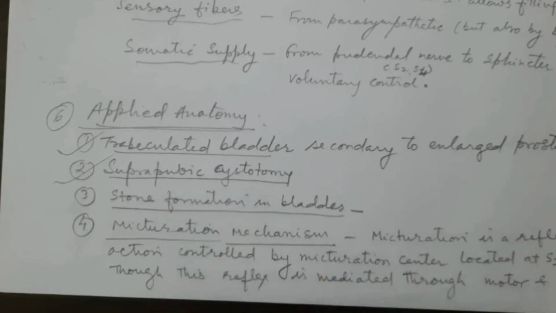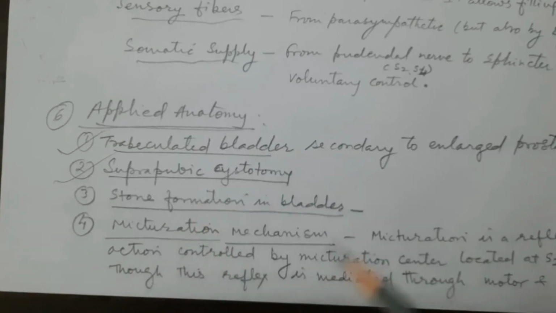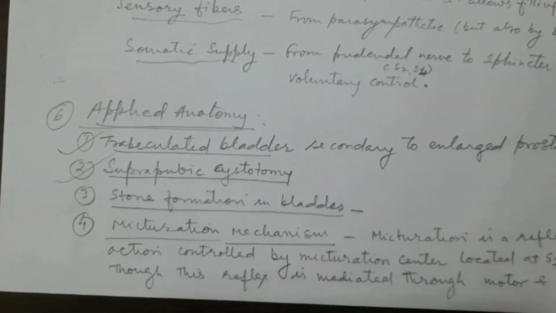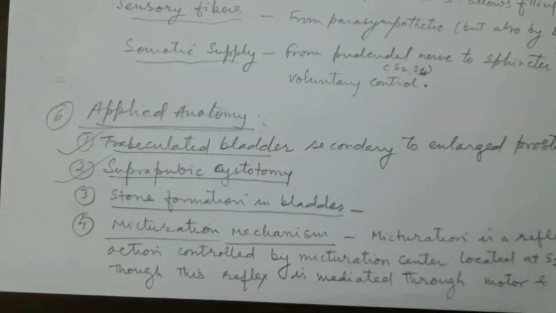This approach, going through the cavity of the bladder, is taken, and for that the bladder is distended by putting in fluid so that it becomes an abdominal organ, because it goes up towards the umbilicus. Then the suprapubic incision is given in the bladder so that the surgeon